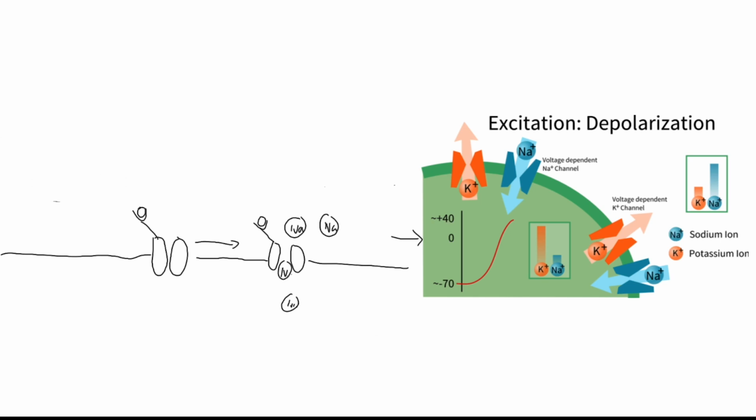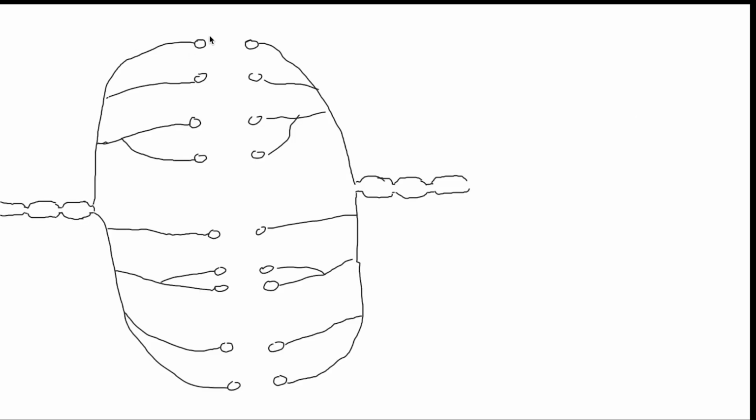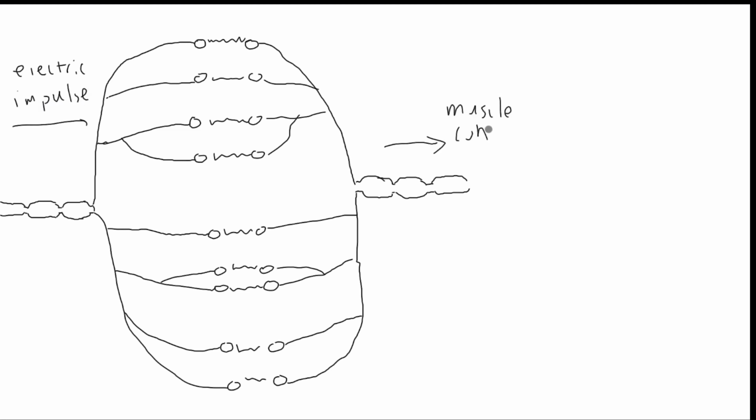depolarization inside the cell membrane of the postsynaptic cell, meaning that the inside of the cell becomes less negative than the resting cell membrane potential. Once depolarization reaches a certain point, it triggers an electrical impulse in the postsynaptic cell. This action potential can propagate, or travel, along the muscle cell, leading to the transmission of this signal, which leads